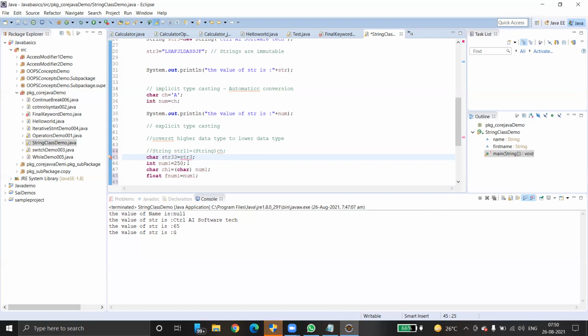Again we got an error. We are trying to convert string to character, which is impossible. So we have to convert either this str33 to string, or convert str3 to character. Then only it will allow. Because string is a class type, while character, integer, float are literal data types.